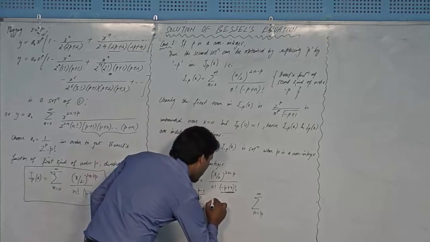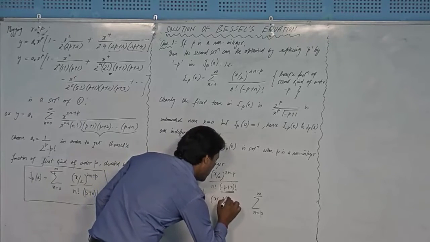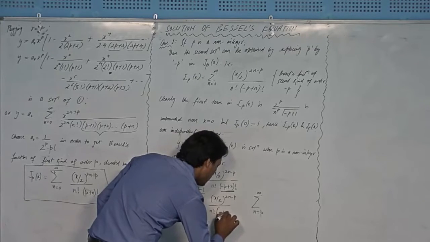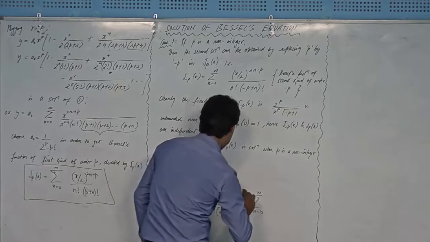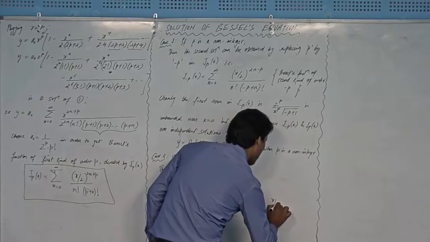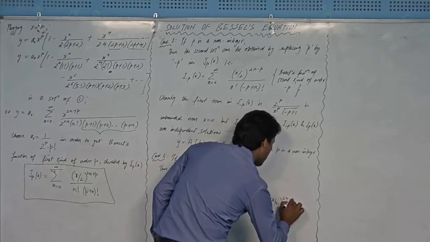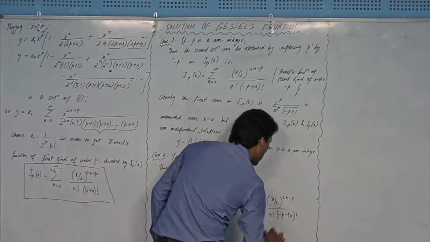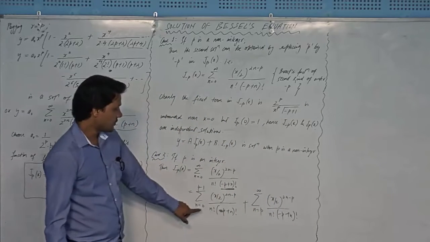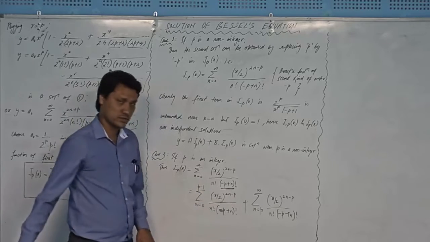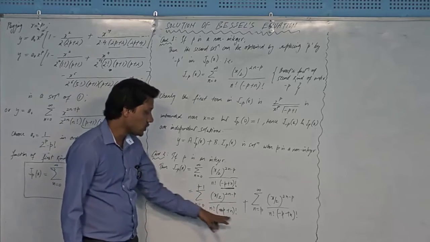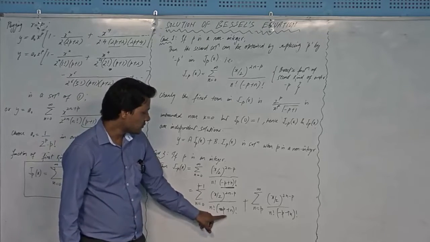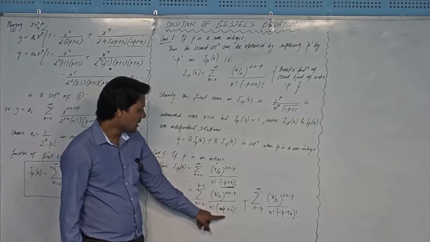So that thing is (x by 2) to the power 2n minus p, divided by n factorial times (minus p plus n) factorial, right? And here the same thing, plus (x by 2) to the power 2n minus p, divided by n factorial times (minus p plus n) factorial, right? And if you write the terms of this summation in expanded form, you will see that if you put n equal to 0, just focus on the denominator, that is fine, 0 factorial is defined. But inside the bracket we will be having minus p factorial,